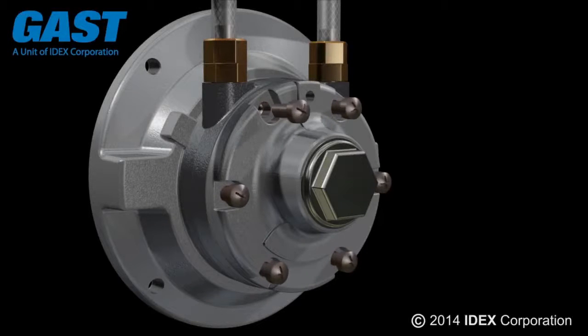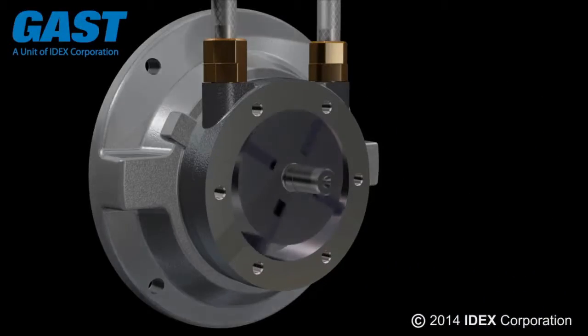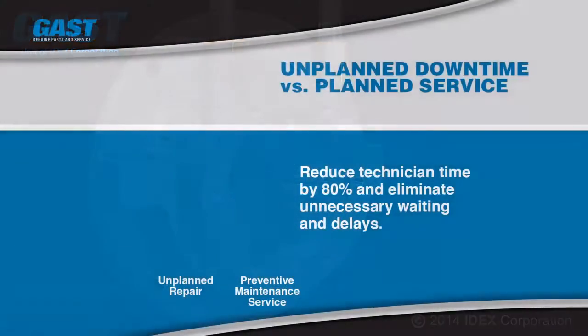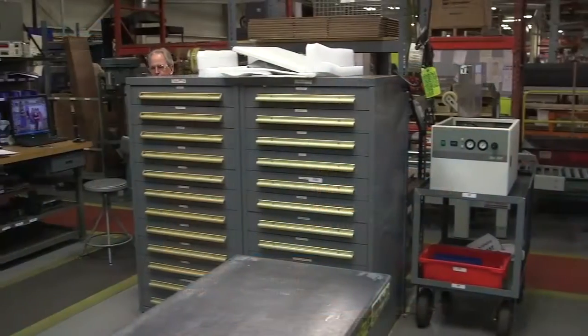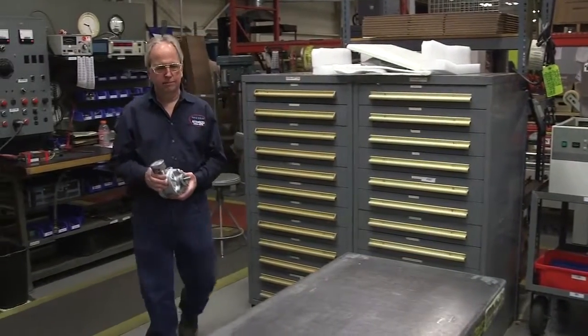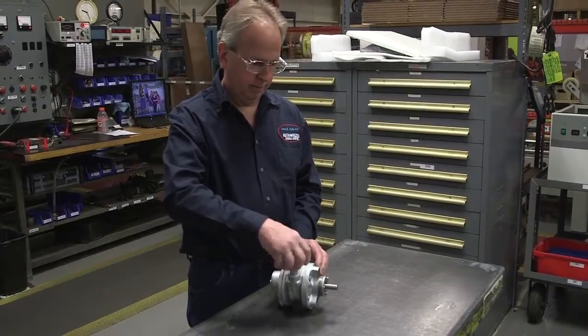Gast air motors are used in a variety of applications and provide years of reliable service. Proper preventative maintenance procedures using genuine Gast replacement parts eliminates unplanned downtime, avoids costly repairs, and provides trouble-free performance. By following the step-by-step instructions in this video, the recommended maintenance procedures for this product are simple for anyone to